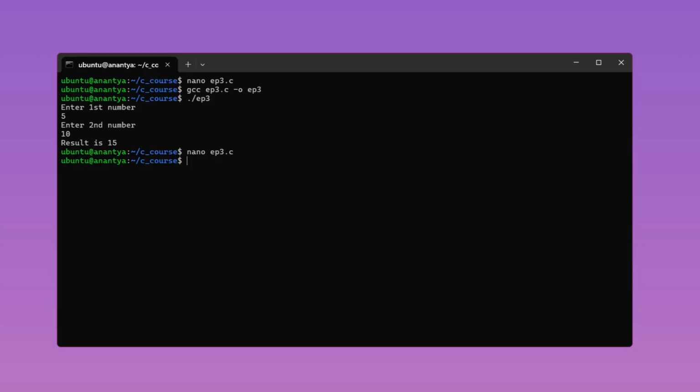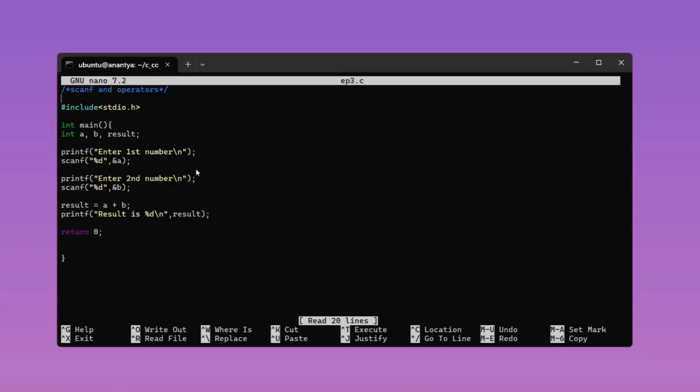Now let's talk about something very important: operator precedence and associativity. What does that mean? If you have more than one operator in an expression, C uses rules to decide which part gets evaluated first. For example, multiplication has higher precedence than addition. So, if you write the result to be, let's say, a plus 4 multiplied by b,